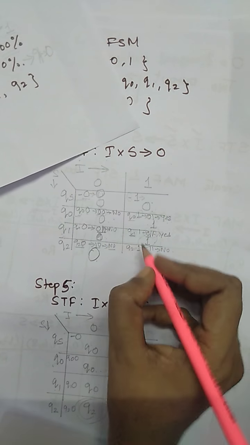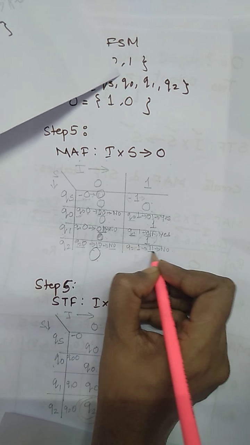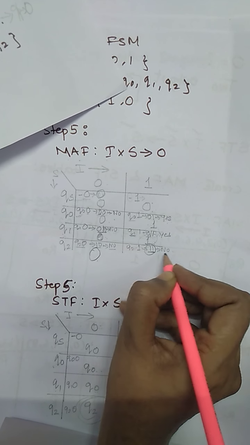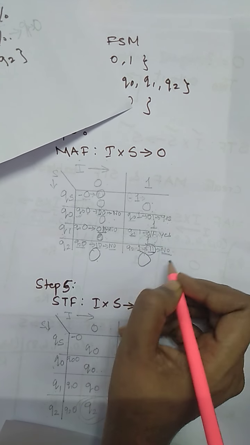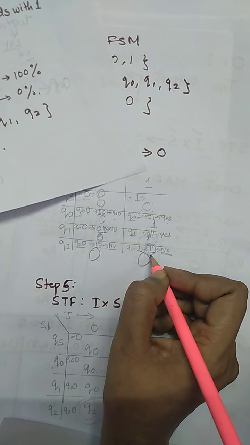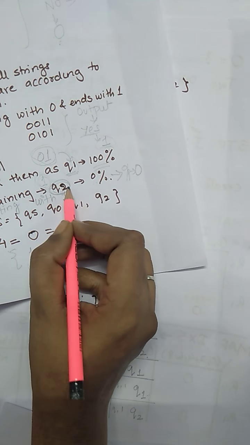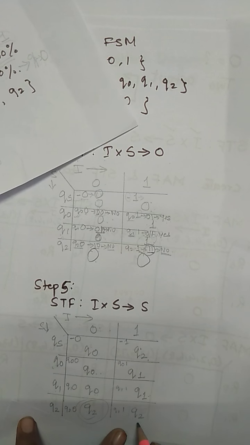Now Q2 with 1. Q2 represents that the string has started with 1 and the next bit is 1, so we make the new string 1 1. Output is no, which represents 0. But which state is it going to? Q2, because the string has started with 1. For a string starting with 1 we have the state Q2. So in the STF, Q2 with 1 will be going to Q2. I hope it is clear to everybody.